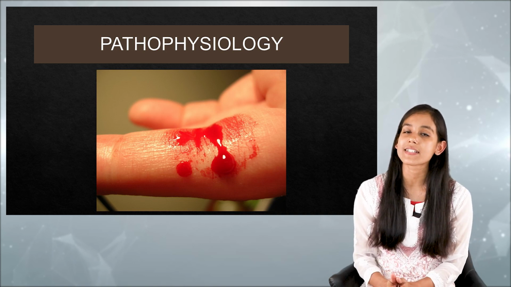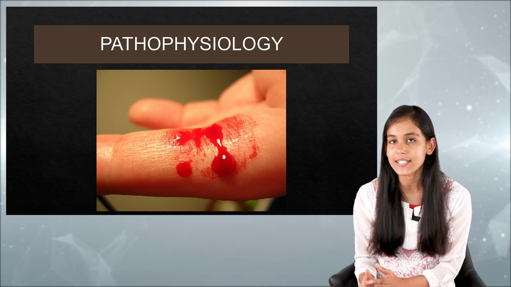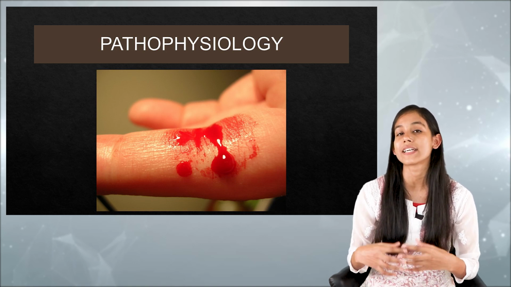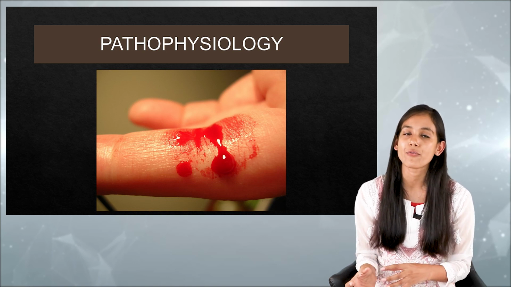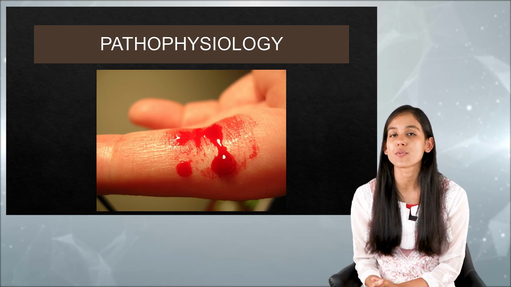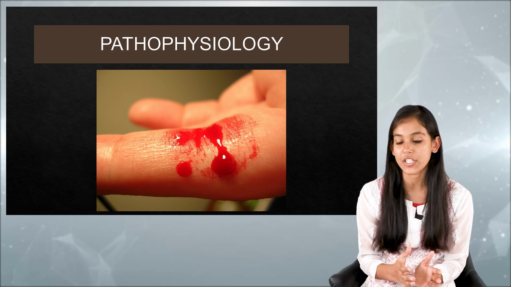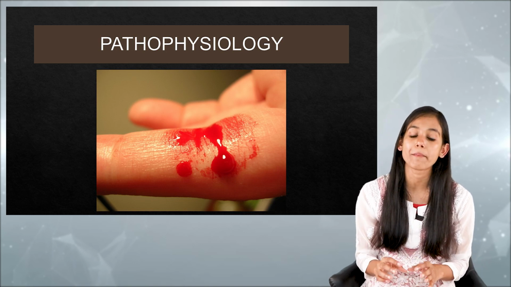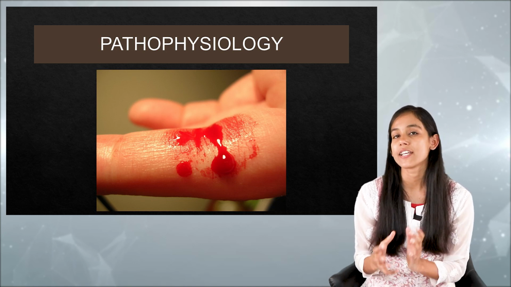So after this primary hemostasis, the coagulation cascade gets activated. Now in the coagulation cascade, there is an intrinsic pathway and an extrinsic pathway. We would not go into that detail, but we know that this coagulation cascade has a great degree of amplification, and it takes very few minutes from the injury to the clot formation, right? And there are several steps in this coagulation cascade. The final step is activation of fibrinogen protein to fibrin, which deposits and polymerizes to form a mesh around the platelets. Now this is called secondary hemostasis.